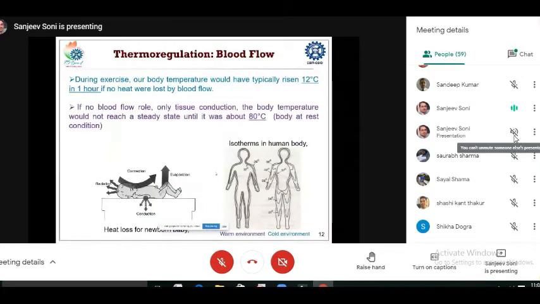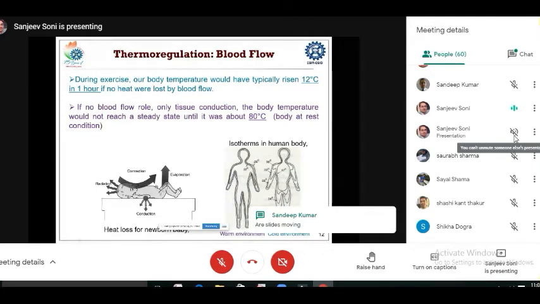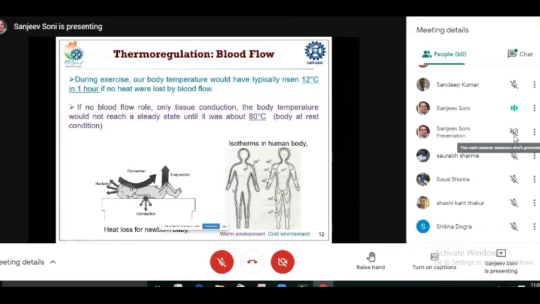But one main factor for designing such treatments is the blood flow in the human body. We know that our body tries to maintain the core body temperature of around 37 degrees Celsius. For example, when a human is standing in a warm environment, or someone is standing in a cold environment, there is a variation of temperature in the extremities. That's why in winter you have lower temperature at the extremities and we feel dry skin and such things. So blood is a very important factor which needs to be accounted for while designing such treatments.